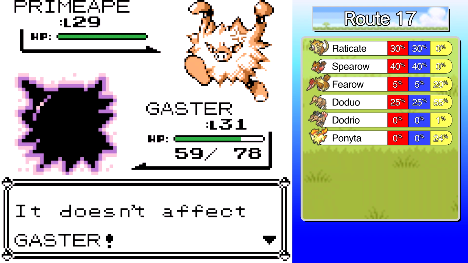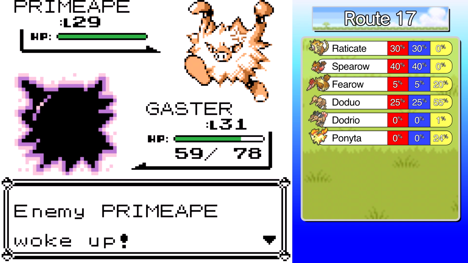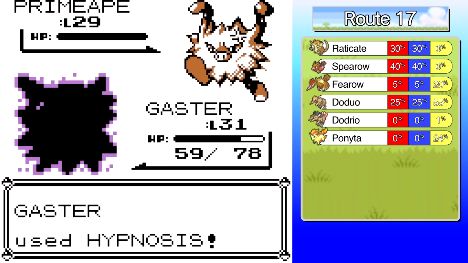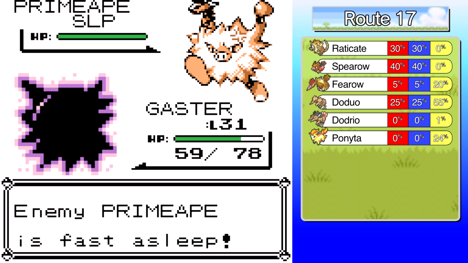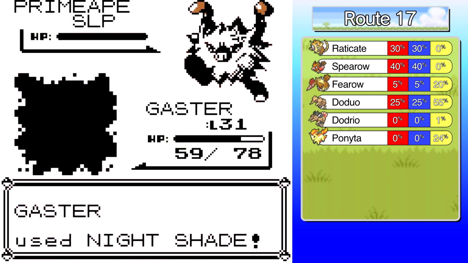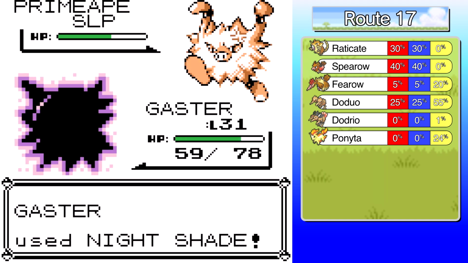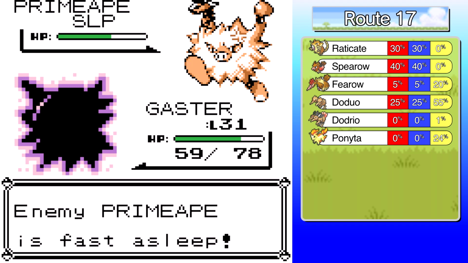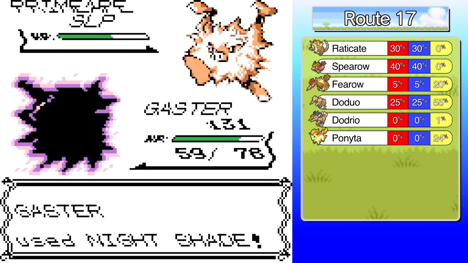This is probably one of the best fighting types in the game, to his credit. But also it doesn't stand... Okay, well, if it wakes up on the same turn, it does stand a chance against Gaster. But I actually don't know if Primeape learns any moves through level up that can actually touch Gaster. I know it learns Seismic Toss through TM, but I'm not sure if Seismic Toss actually works on Ghost types. It probably does, because Nightshade works on normal types, but...